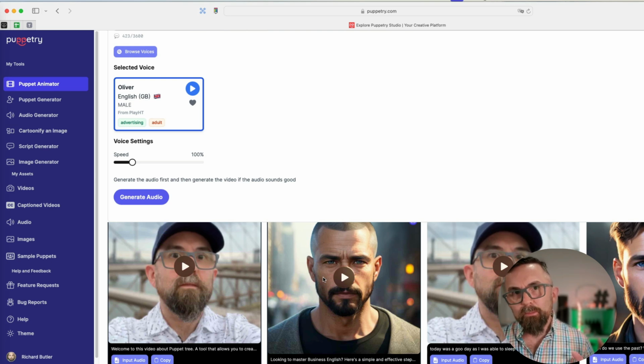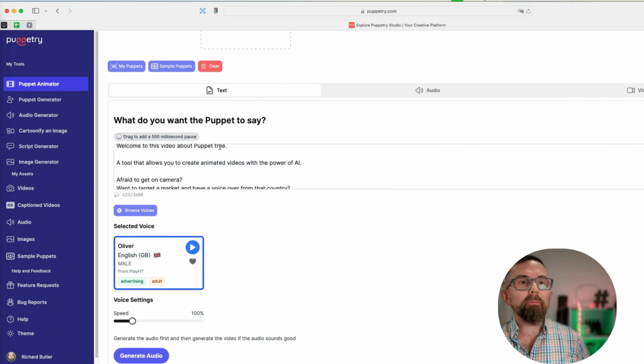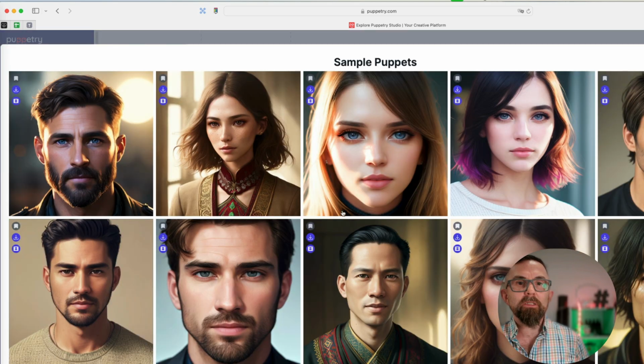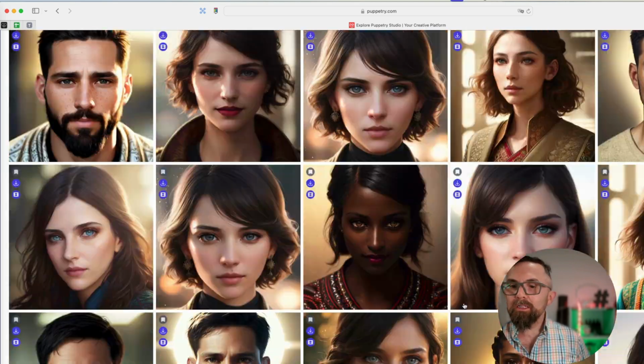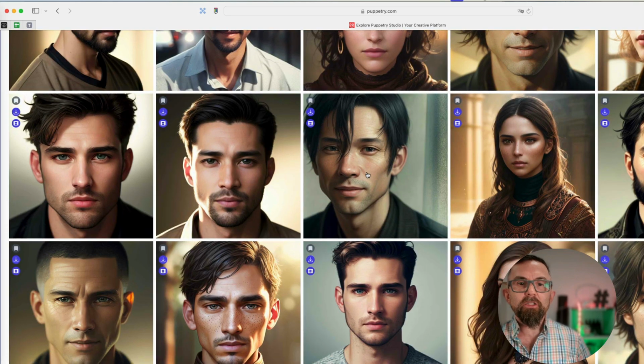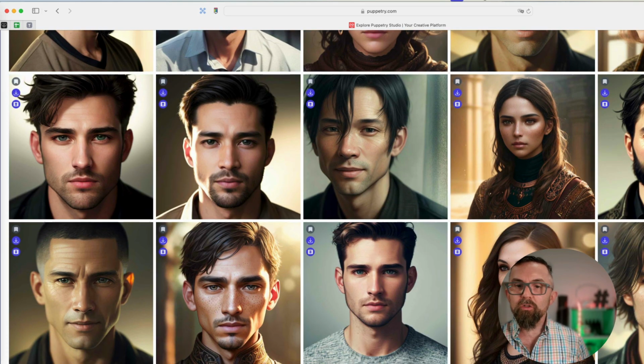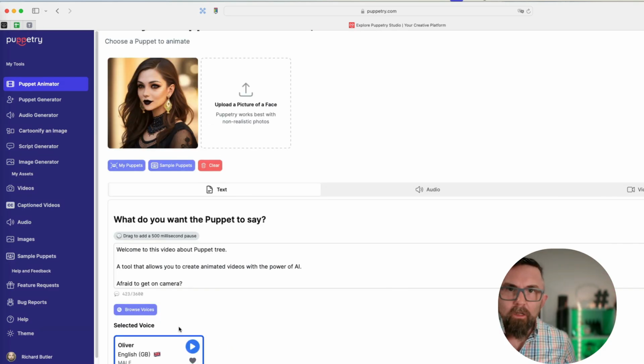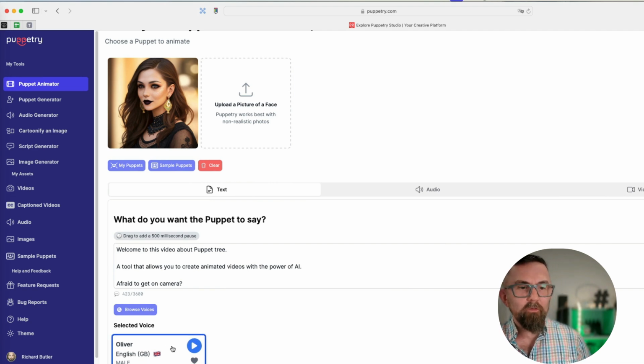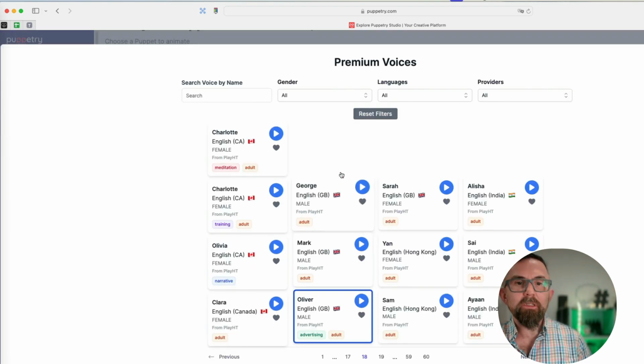It probably works best if you use an image like one of the ones that they supply. Now, how do I use a supplied image? If I go to sample puppets, I can choose all the different types of puppets here. So let's do an experiment here. I'm going to choose this girl here. Okay, so now I have this female voice. I want to go into browse voices.